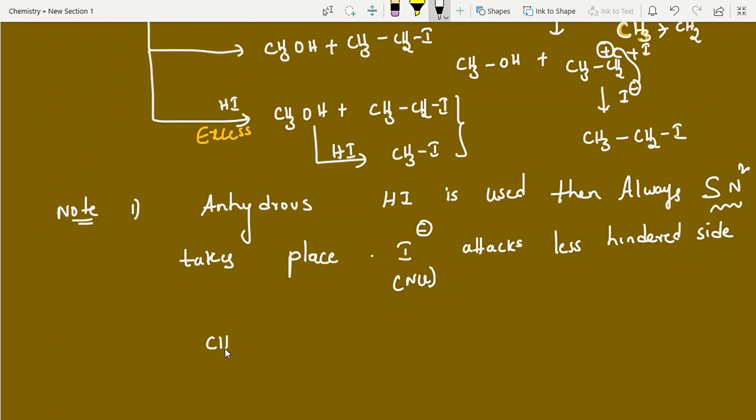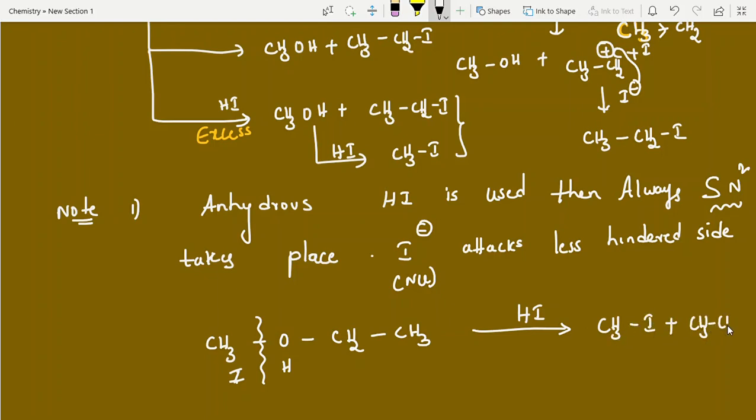Now look into this, students. I am giving one example: CH3OCH2CH3, the same thing as the above example, here with just HI. Simple alkyl halides. Easily you can write this: CH3I and the OH. This is a simple alkyl halide, and this is also a simple alkyl halide. This is also primary, and this is also primary. When compared to these two, this one is simpler, that's why you can take it up. CH3I plus CH3CH2OH. That's all, students. Easy.